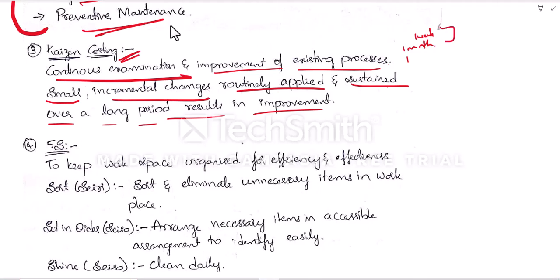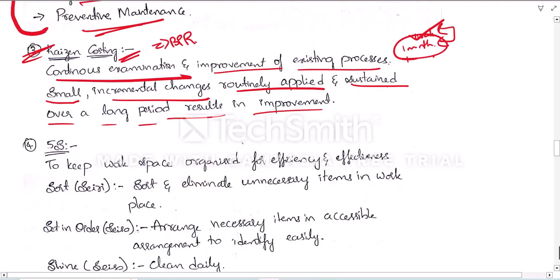So any of the two ways is fine, but if we don't have the capability to do it in this way, you can adopt this way. It will also give the best results, but only after a sustained period of time. This is called sustained costing. It is different from and opposite to business process reengineering. Business process reengineering is completely changing the entire concept right now, but Kaizen costing is slowly implementing small changes applied regularly, so that we can achieve the drastic change.